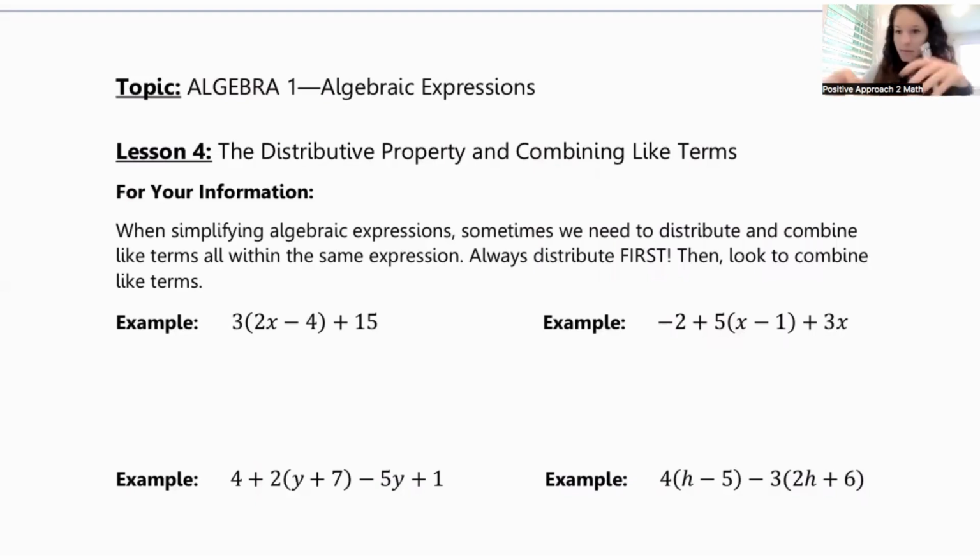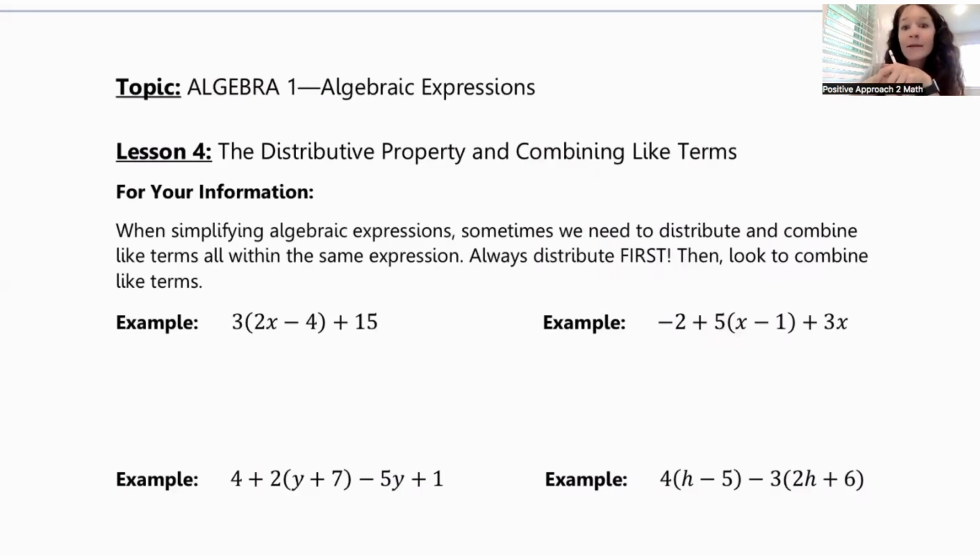Then we talked about simplifying as getting rid of these parentheses. So the big distributive property, one of your most important things you're going to learn in Algebra 1, is that you have to distribute when you see a set of parentheses and a number directly in front or directly behind those parentheses with no symbol in between. That tells you, aha, it's multiplication, it's the distributive property, and you distribute that number to every term in your